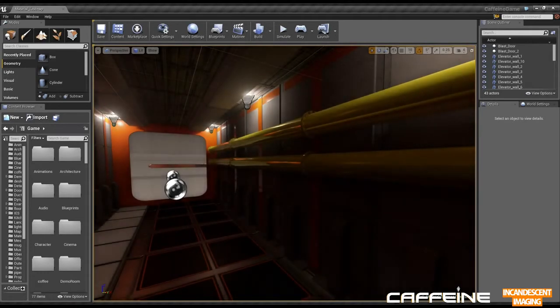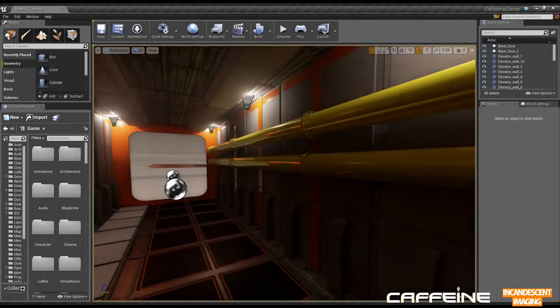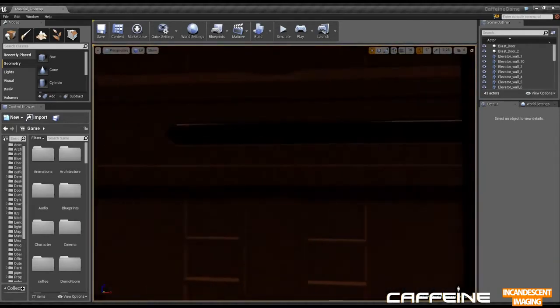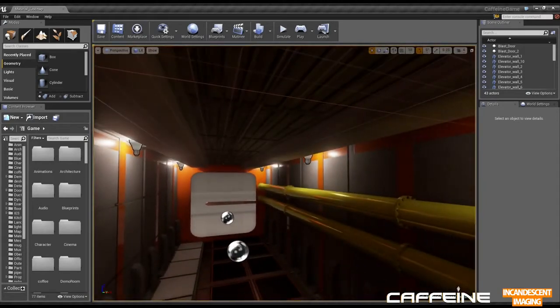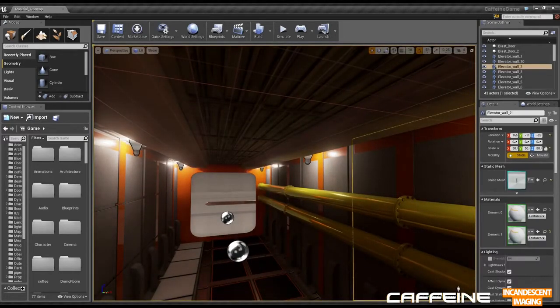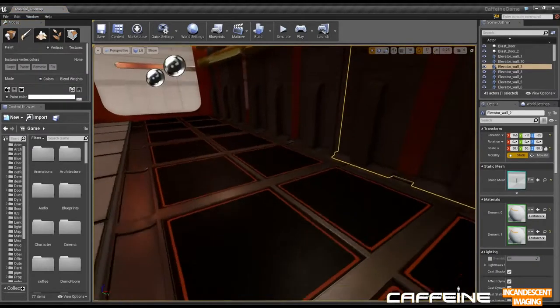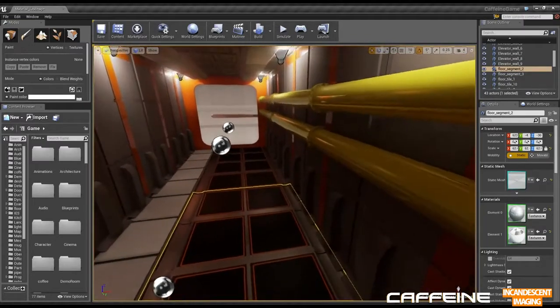So this is my material test map that I use to test material instances and kind of environmental things. Most of the materials in Caffeine are built with vertex painting built in, which allows me to do some cool stuff like this. If I grab the floor, let's say,